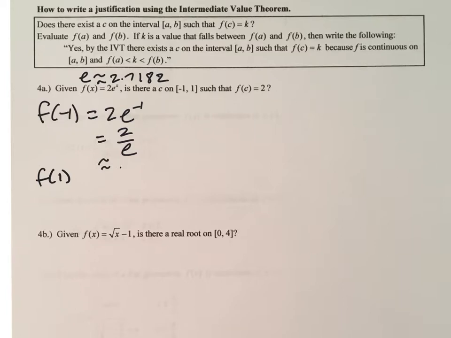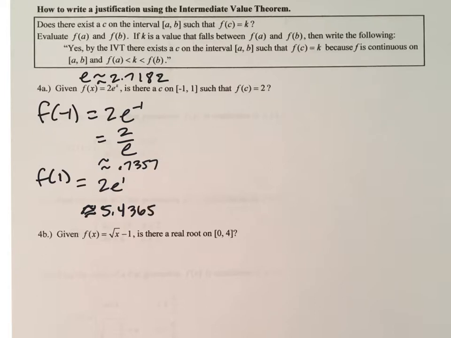let's see, 0.7357. All right. And then let's evaluate f of 1. So that would be 2 times e to the positive first power. So 2 times 2.7182 turns out to be approximately equal to